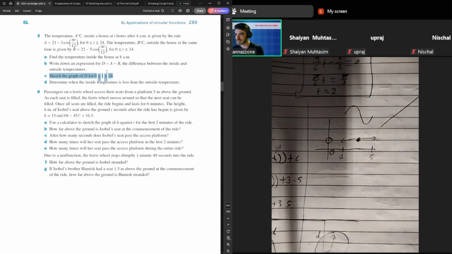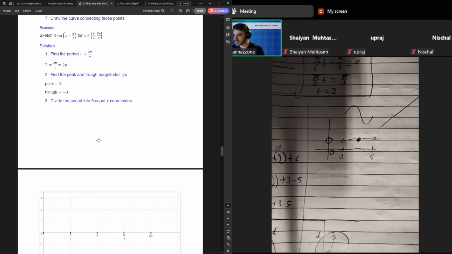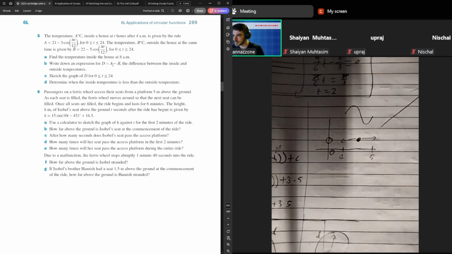Okay, that's that. Sketching the graph, whatever. Just plot it on CAS or sketch any other circular function like you always would. Again, if you need to read up on how that would be, the specific section would be,